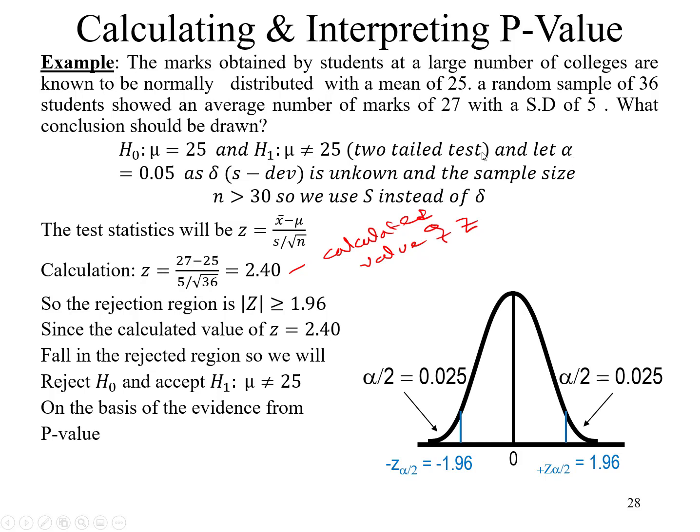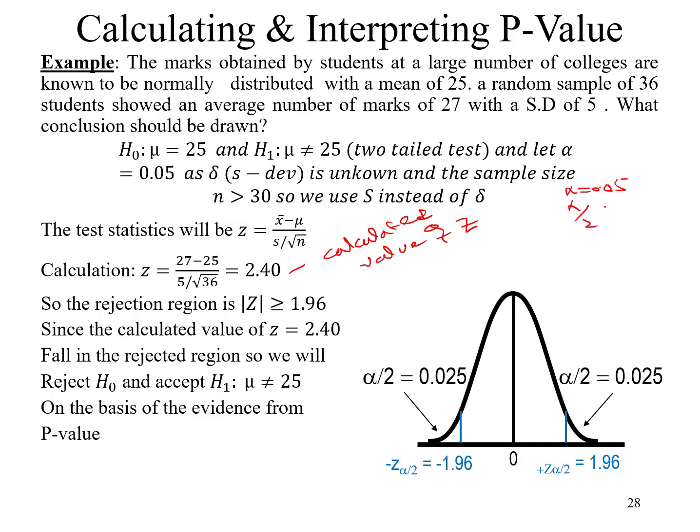So now what we will do, because it's a two-tailed test, or another example, if someone says that I have 100 rupees, I will say no, you do not have 100 rupees. So now we need to divide this claim, that it should be less than 100 or it should be greater than 100. So in this scenario, we will divide this 5%, which is alpha, by 2. So alpha is 0.05.